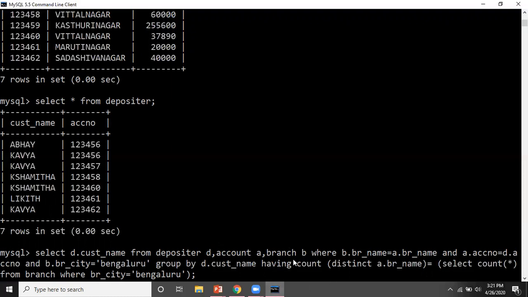We only want those customer names whose accounts are in all the branches of Bangalore. So we take that particular customer name and equate it with this. If from here we get Bangalore, and from this side we also get that customer, then we will display that particular customer.